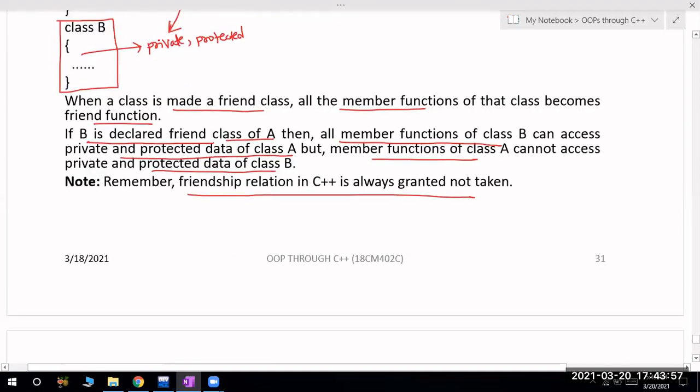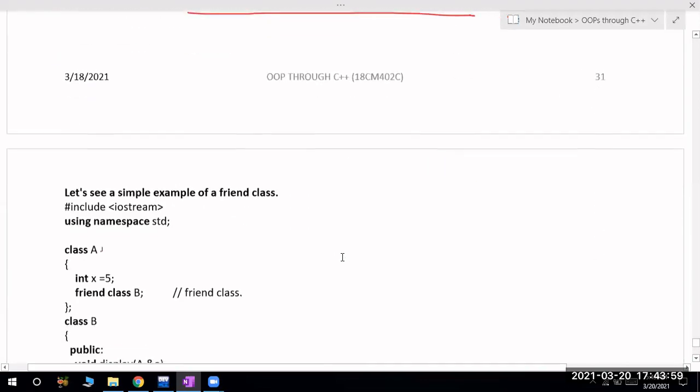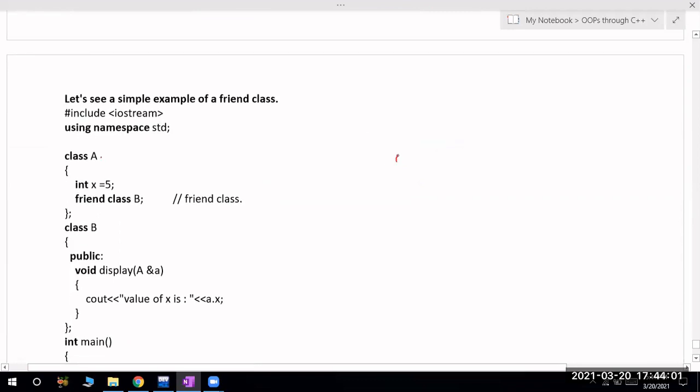Inside this class A, I'm making another class B a friend.